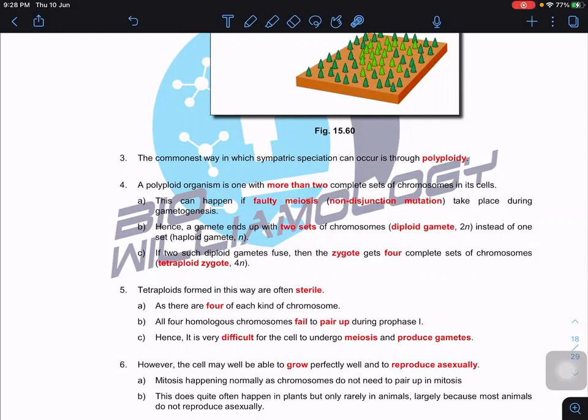In the syllabus, we can term it as a 4N meiosis. Therefore, gametes end up with two sets of chromosomes rather than one set, so they form what we call a diploid gamete. If two of these diploid gametes fuse together, they are going to form a zygote. This zygote will get four complete sets of chromosomes. If four, then we call it tetraploid. Okay, so let us look at